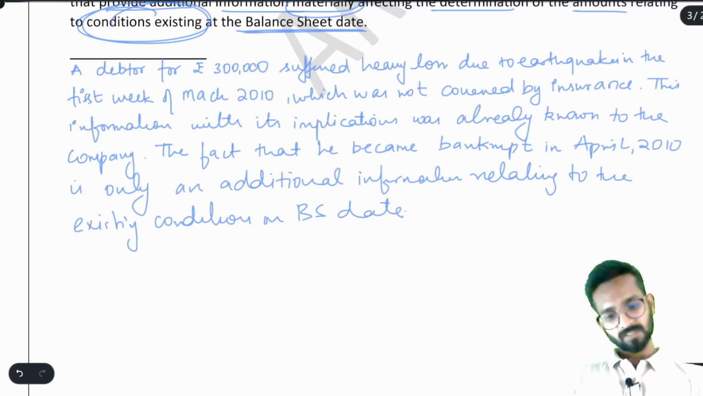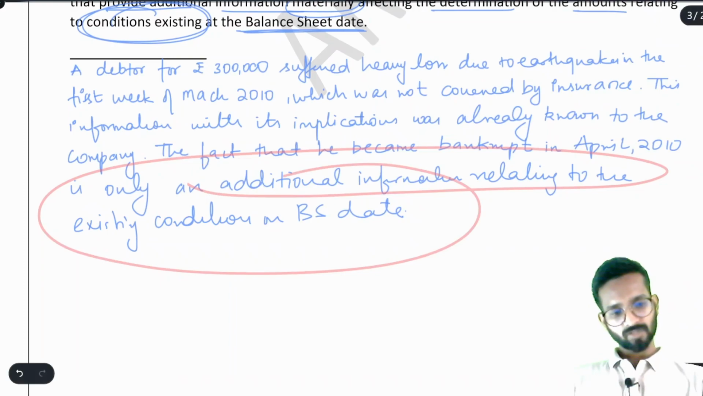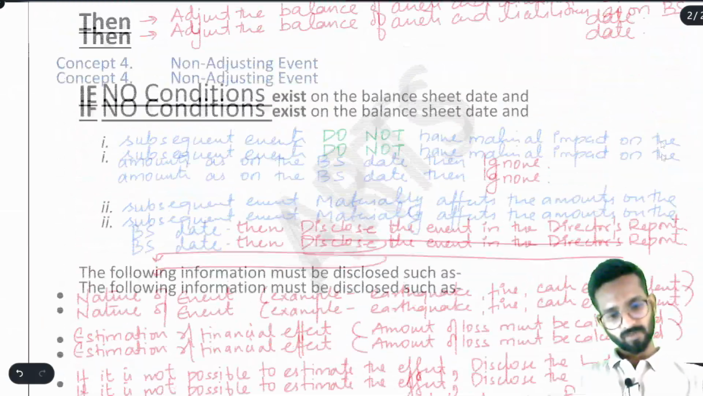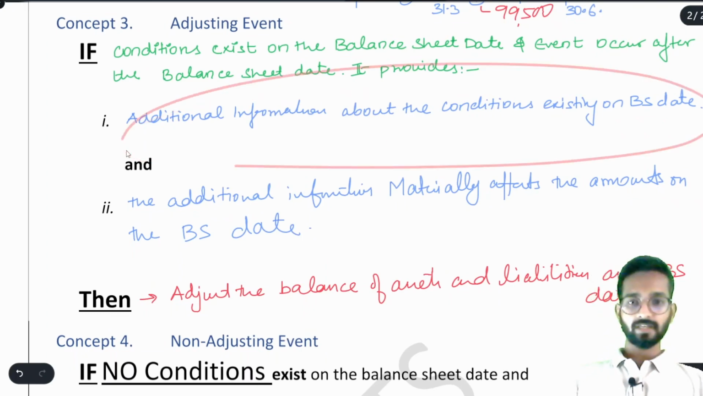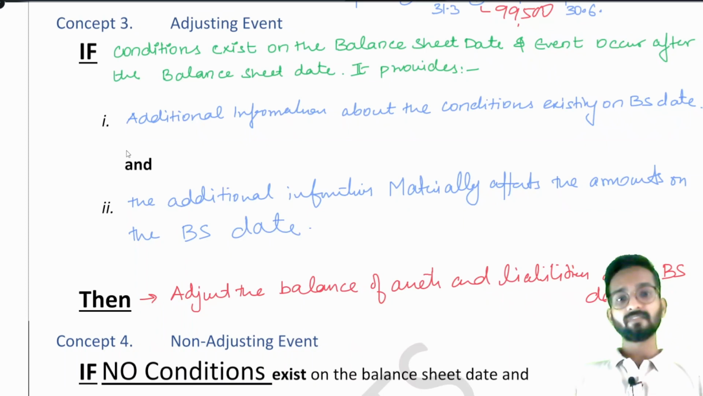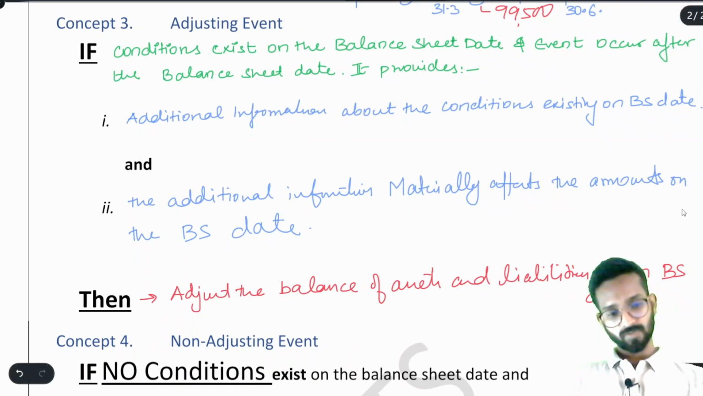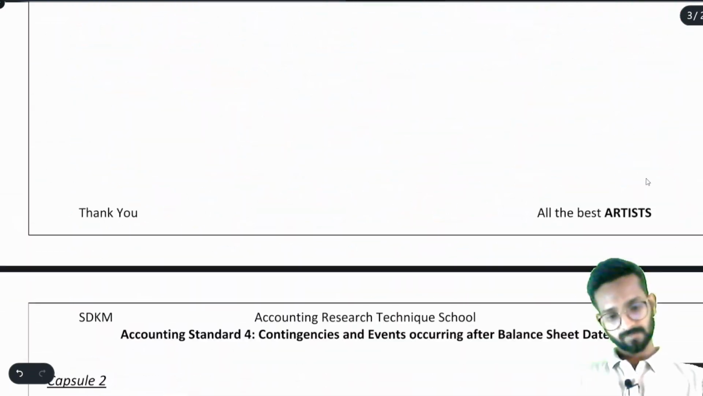This is the definition. See, this is only an additional information relating to the condition as on balance sheet date. That is what we have written here. Additional information about the condition existing on the balance sheet date. Please remember, the wordings are very important. The answers you are writing, these are the answers from the study material. So remember the wordings, the language of the answer must be the same. Okay, after that,